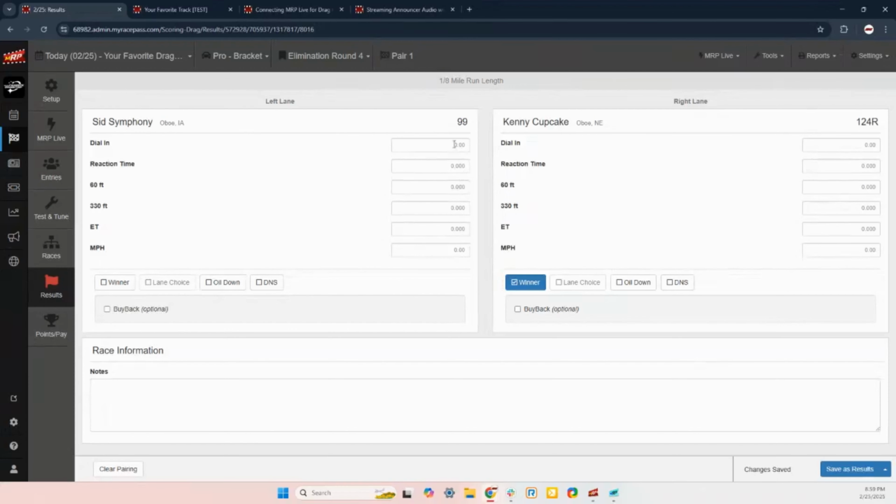That's how you do manual results. Again, if you take the time to put dial-ins, ETs, and miles per hour in, it is going to take a little bit longer, but it's still going to give you some valuable information. So that's how you enter results, whether it's live timing results or manual results. Like I said, if there's a point where you entered one that you need to